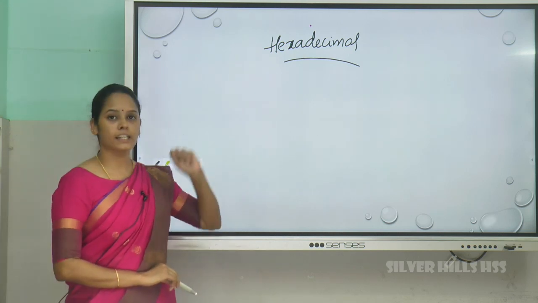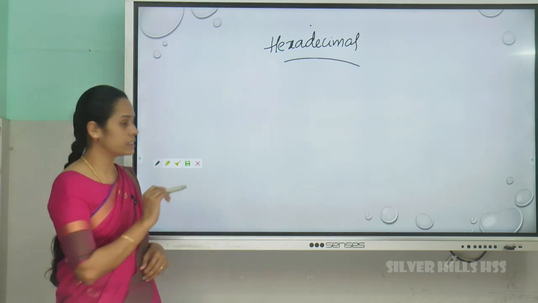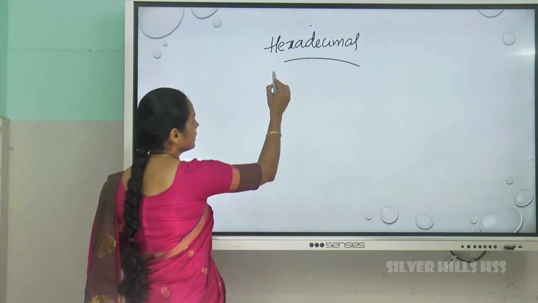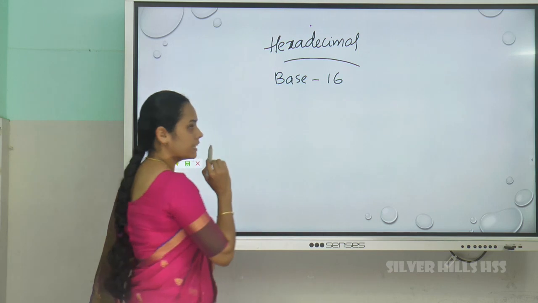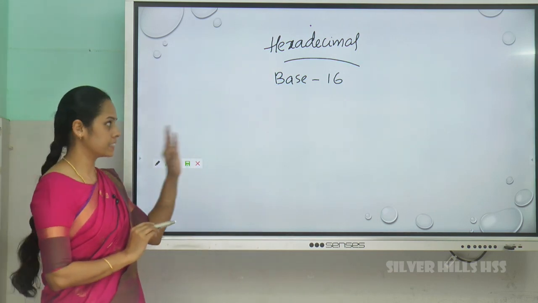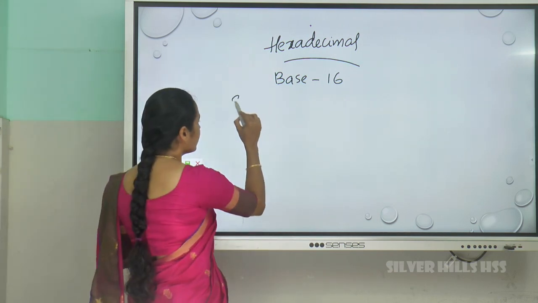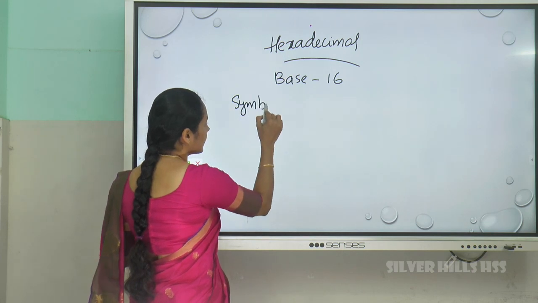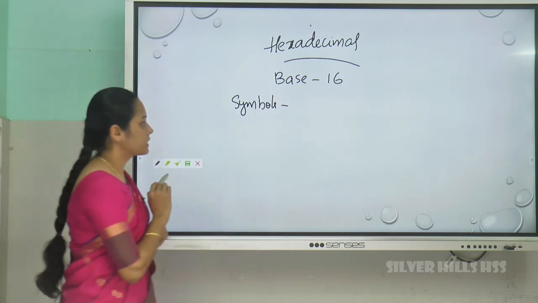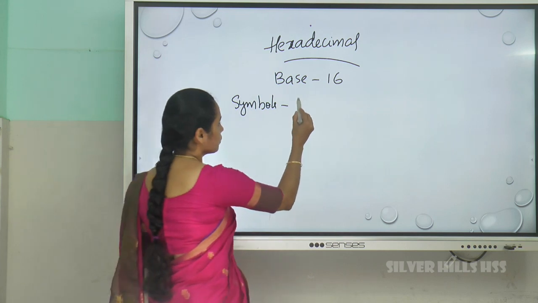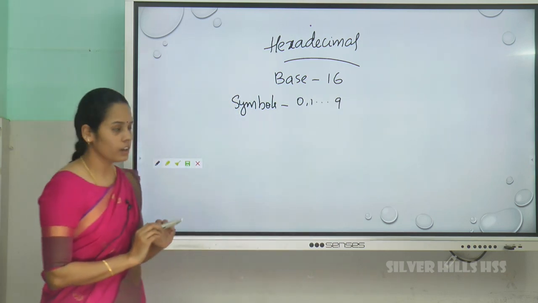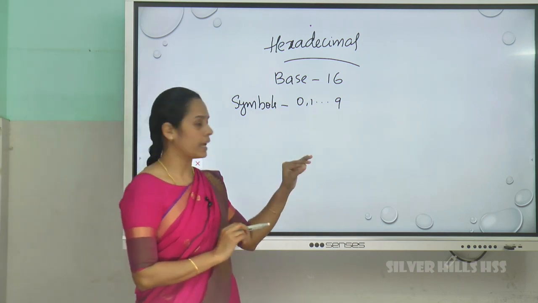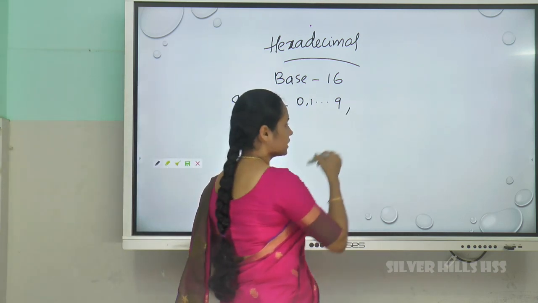The next number system is the hexadecimal number system. The hexadecimal number system uses 16 symbols. So what is the base of this hexadecimal number system? 16. 16 is the base, and the symbols used in this hexadecimal number system are, first, 0, 1, 2 up to 9. 0 to 9. We have to use the symbols 0 to 9, and then after that,